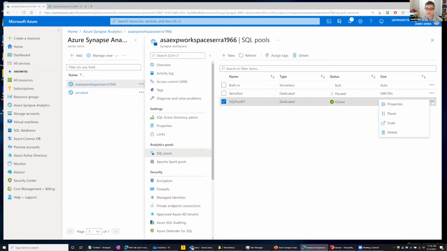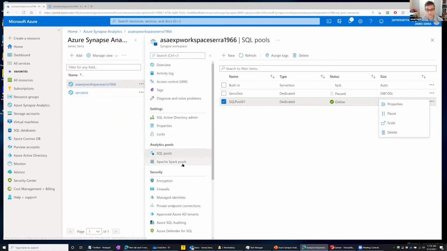Anything you create here can be paused or scaled. There's no auto pause or auto scale yet. That's coming. But this is a great way to save cost, where you can come in here and pause it. There are various options so that you can pause these things instead of having to do it manually. So some customers would say, after certain hours, I'm going to automatically pause it, or scale it up or down.